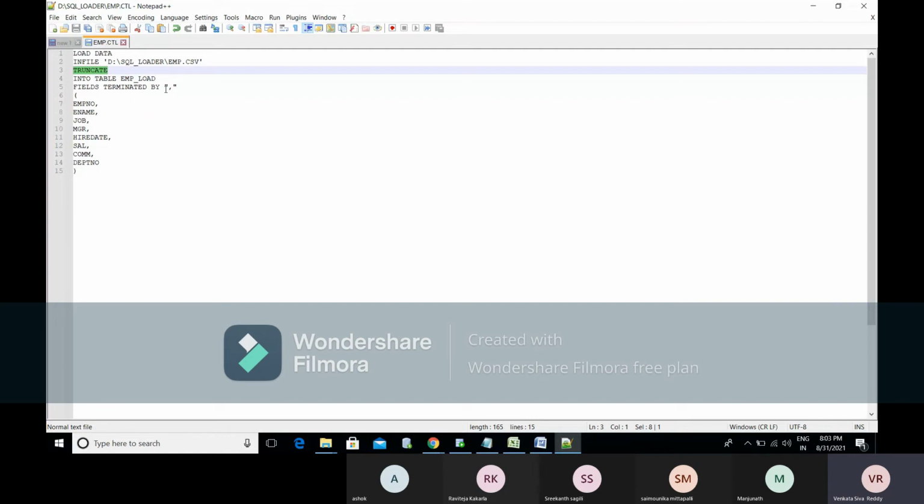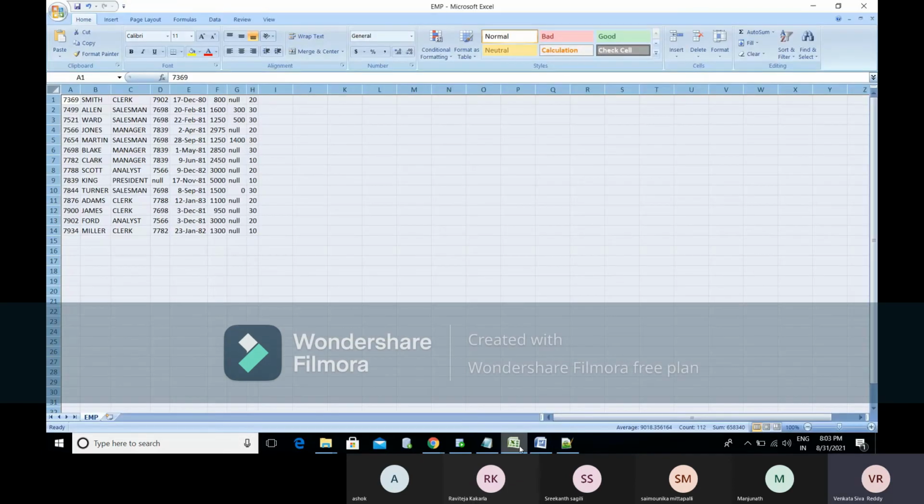Okay, so we'll see here: into table name, fields terminated by comma. What fields do we have in that table? The fields are designed based on this emp.csv data. This data has emp number, ename, job, manager, hire date, salary, department, all those things.